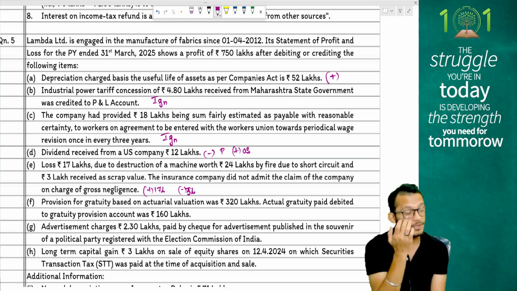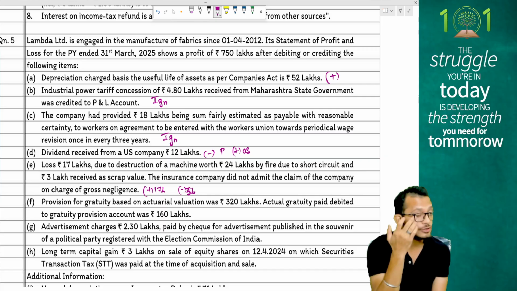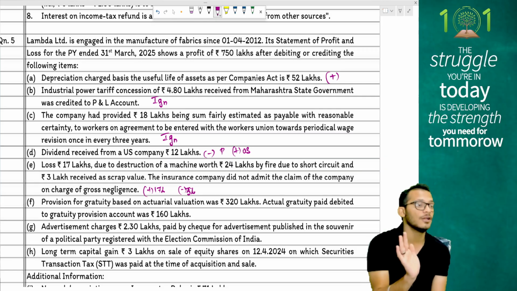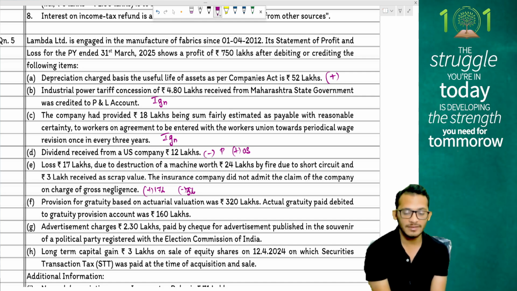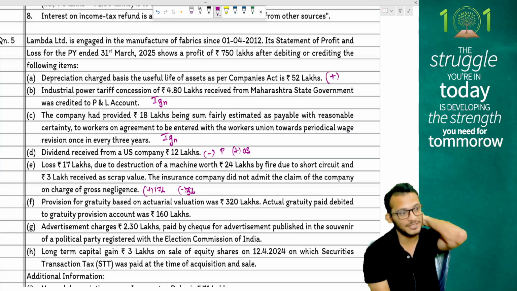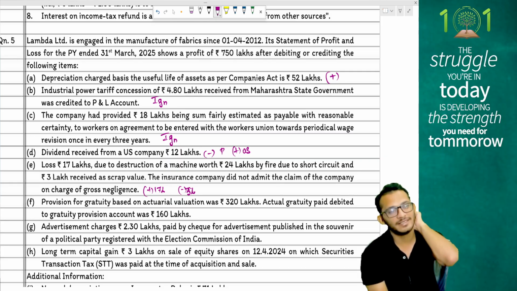Now, people, in capital gains, insurance has not agreed a payment. But you have still received scrap value. So you still have full value of consideration as 3 lakhs. Cost of acquisition is, people, here is the question. I don't understand. Machinery is worth 24. Loss I made is 17, where I only received a scrap. What is happening?